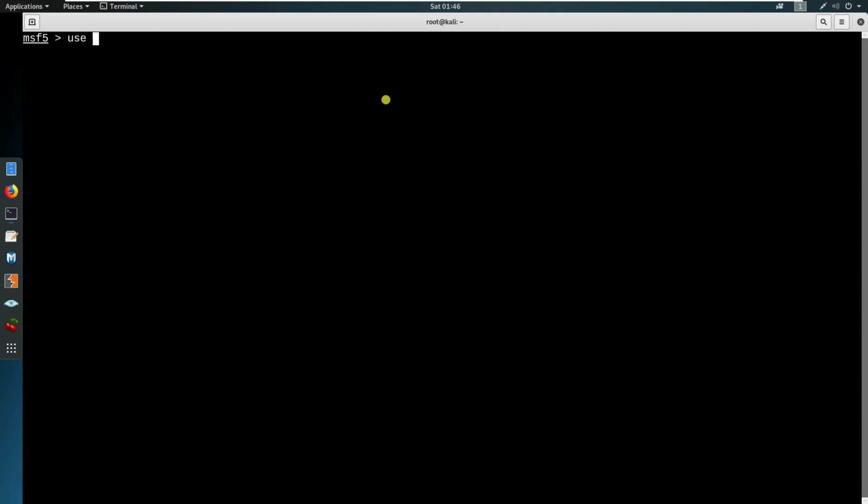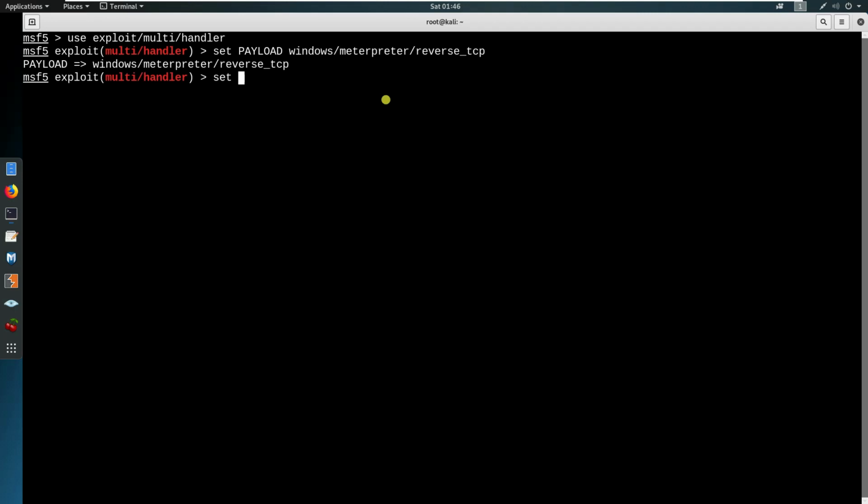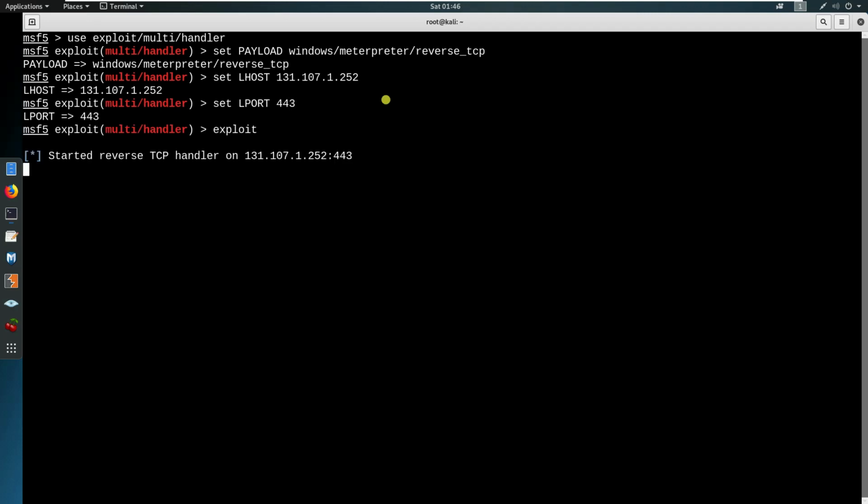So use the same one. Okay, same one. Set the RHOST to our machine. Set our port 403. Exploit. Okay, then when you restart your machine,